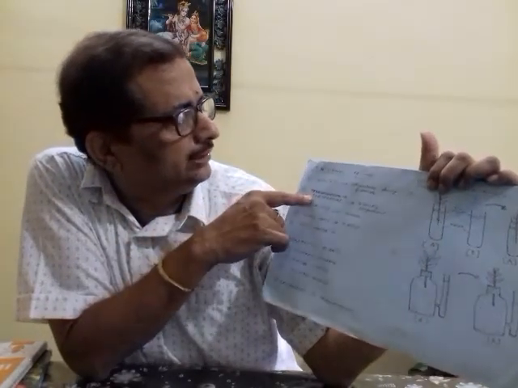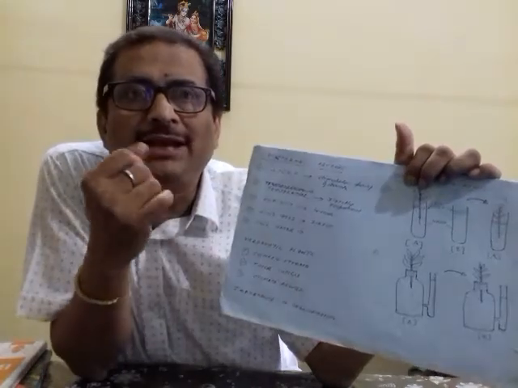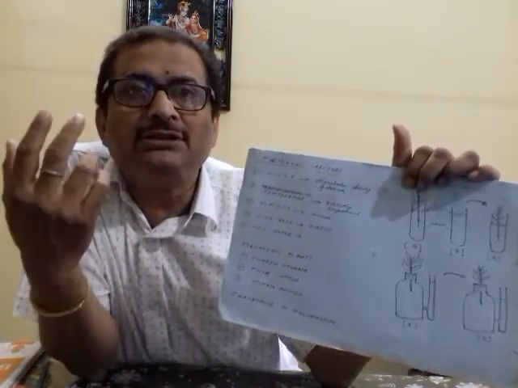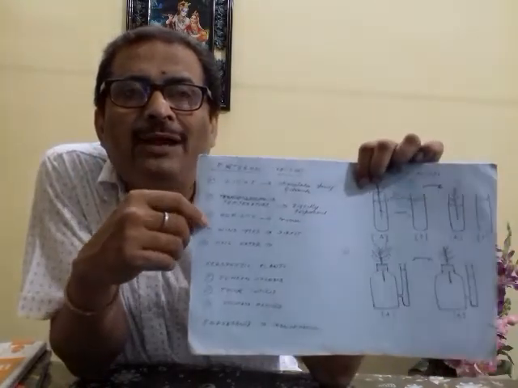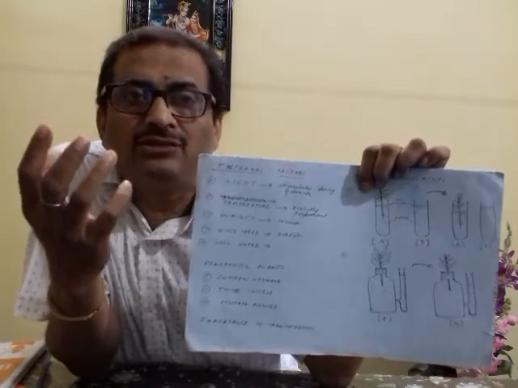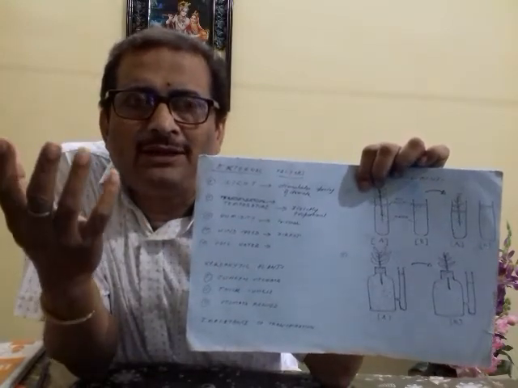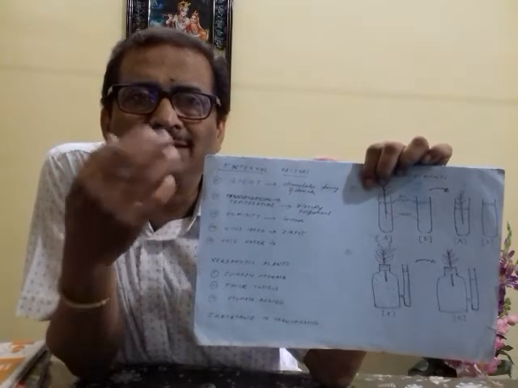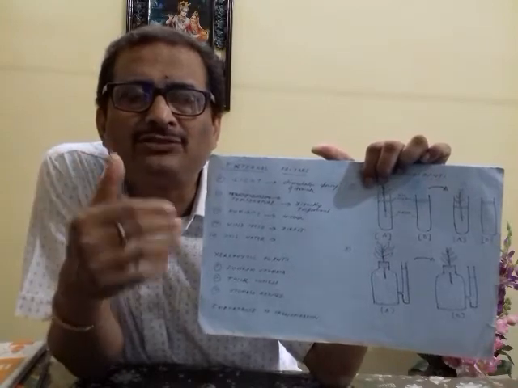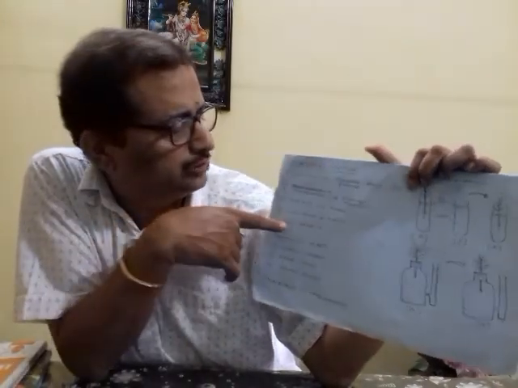Then the temperature is directly proportional. If the temperature is high, then the transpiration is more. Then you have humidity. If the humidity is more, that means the moisture in the air is already more. In that case the transpiration is less, because transpiration is a passive process. When the stomata opens, the water vapor moves from inside the leaf to outside the leaf. So more humidity means less transpiration, less humidity means more transpiration.